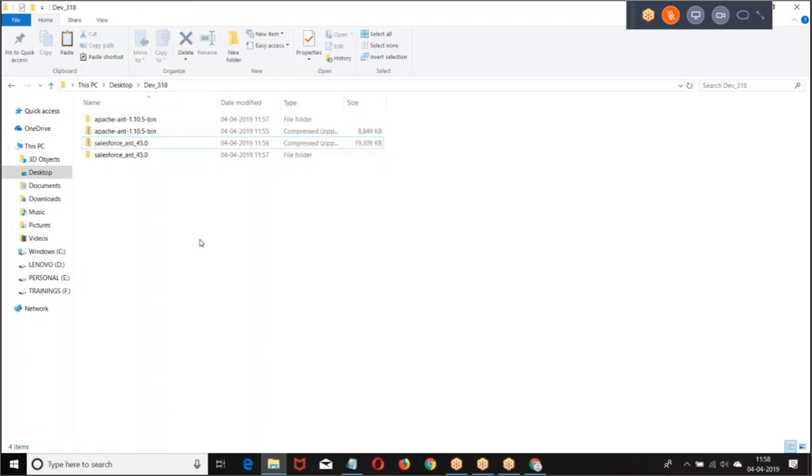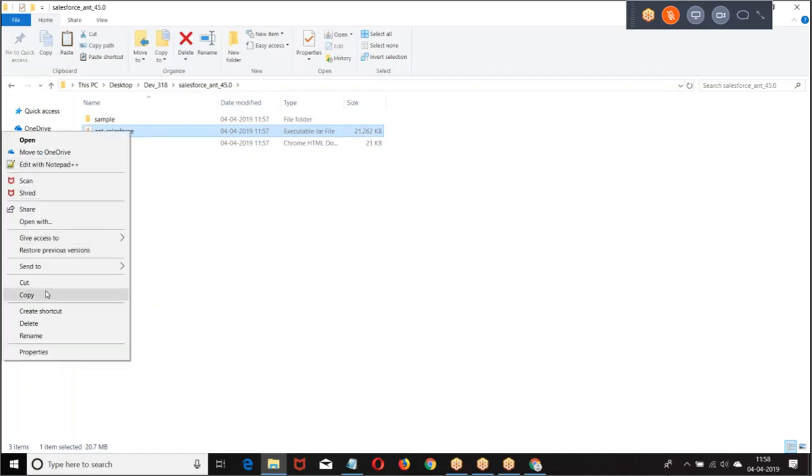Files are extracted. After extracting the files, in the ANT Salesforce there is a jar file. Copy this file.